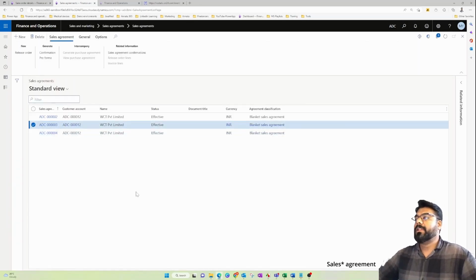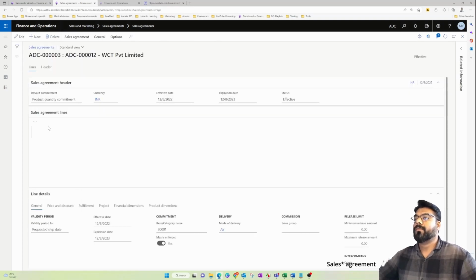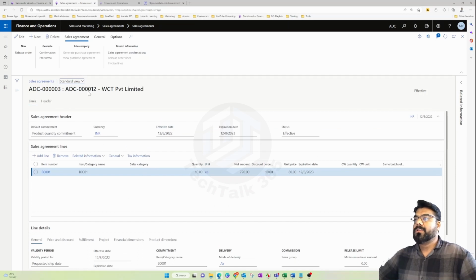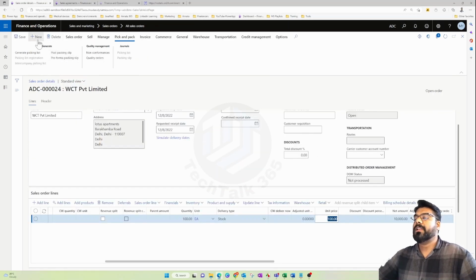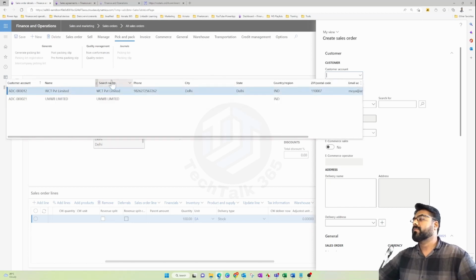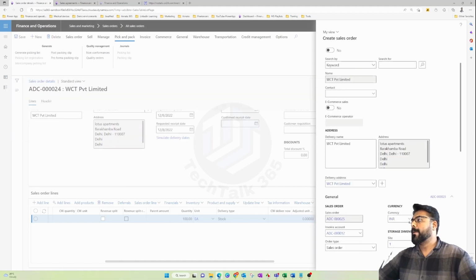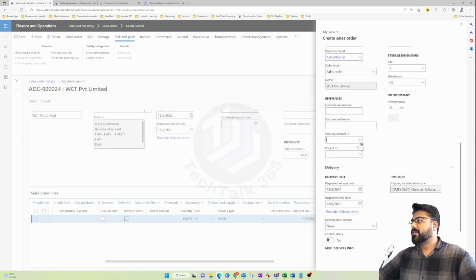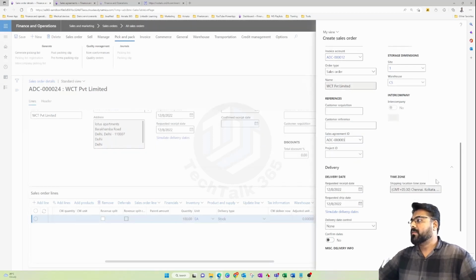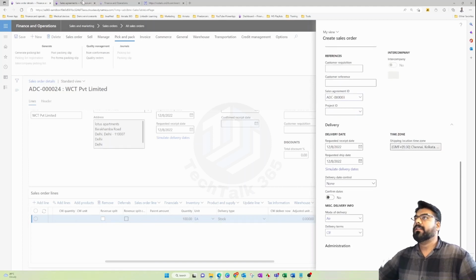So that trade agreement, let's say for example, so in this trade agreement, the max is enforced, is yes, right? This needs to be enabled. So let's try this trade agreement now. Let's try to create a new sales order. That item and trade sales agreement, the second one. Okay. And let's check this trade agreement.